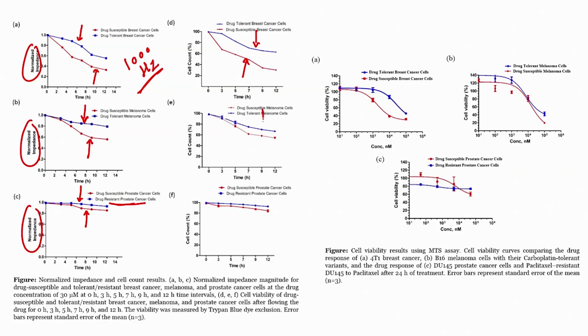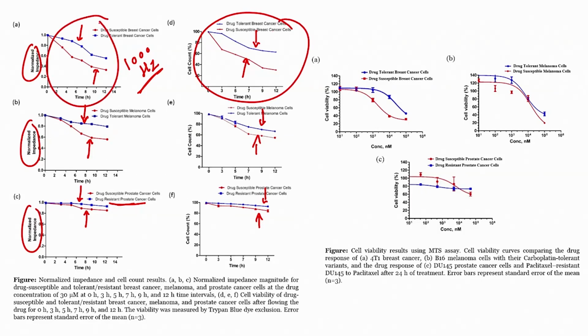Same thing goes for melanoma and prostate cancer. And we can see that this signature of the number of cells dying corresponds to the impedance, is it not? That means whatever impedance we are measuring has a correlation with the number of cells dying,